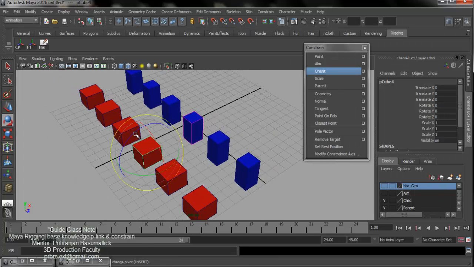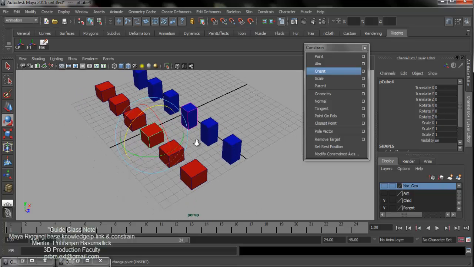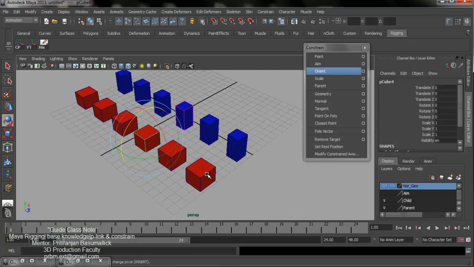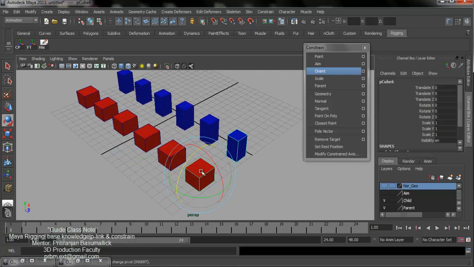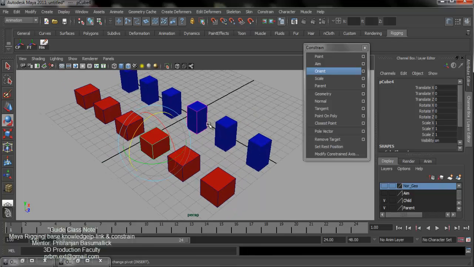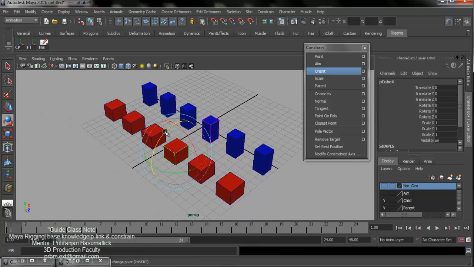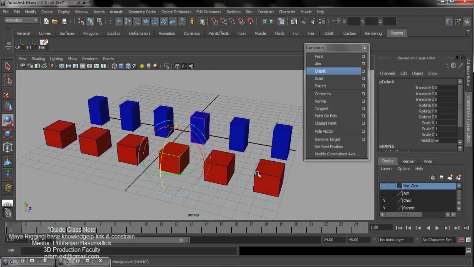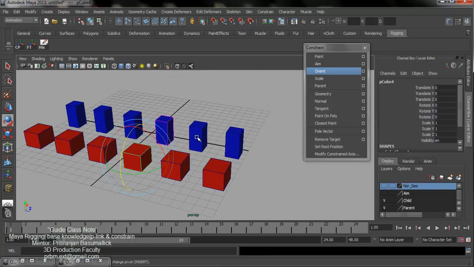And when I rotate it, my child geometry also rotates, but there is a difference in rotation between the orient constraint and parent, because when you select the parent object with a parent link and rotate it, the rotation is done by the parent's pivot point. When I give the orient constraint link, the child object rotates according to its own pivot point. It is a very useful difference between parent and orient constraint.